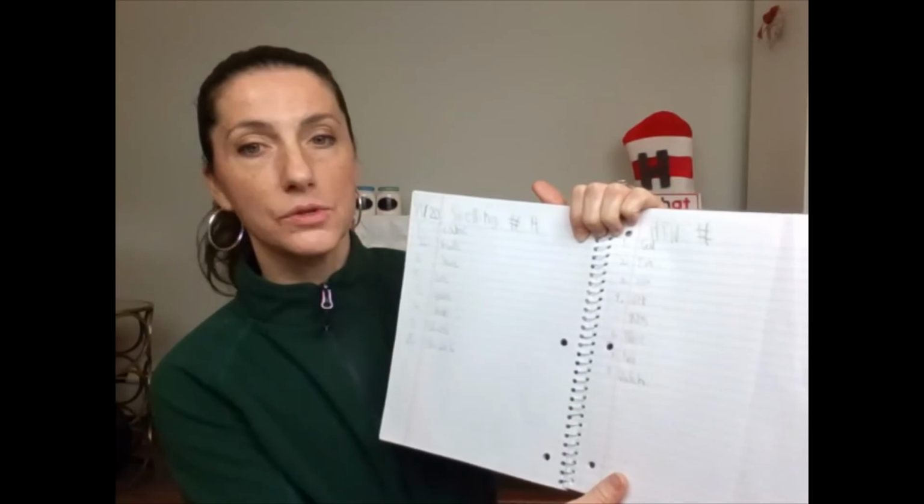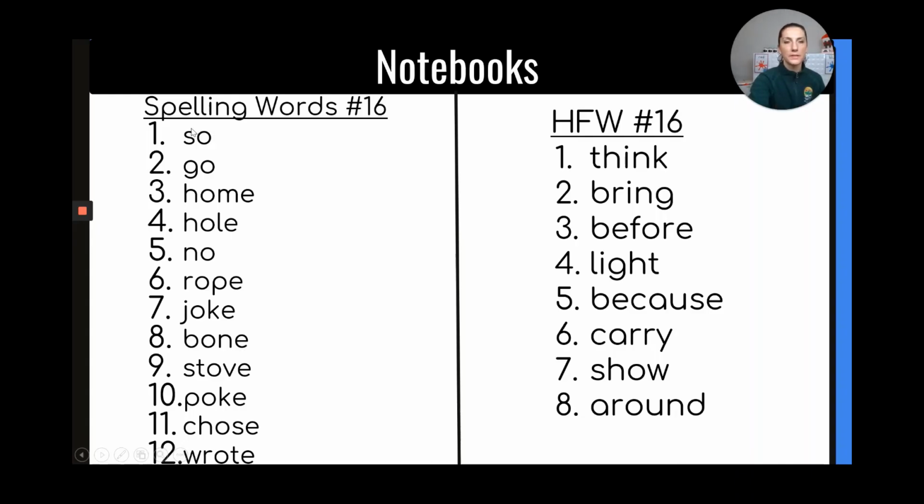So let's get to the words. So you're going to write on the top spelling words number 16, and remember to skip lines. I can't skip lines on here because I would never have enough room, but you skip lines in your notebook. And then on the right page, high frequency words number 16, like we just discussed. We don't need to read the words again. I think that you guys got this. So you can get to it as soon as you are done writing in your lists and your notebooks. You are going to do